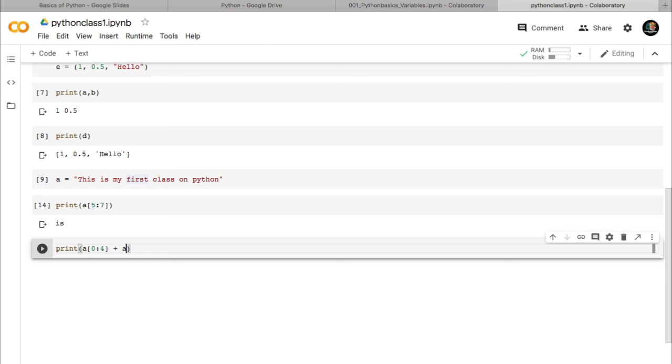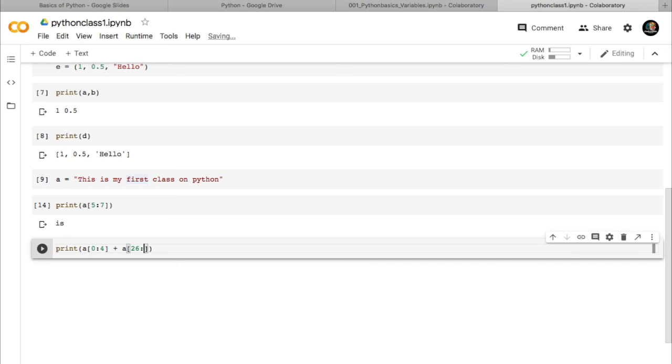Plus A of, say I need to print the last this many letters. For that I will just count 0, 1, 2, 3, 4, 5, 6, 7, 8, 9, 10, 11, 12, 13, 14, 15, 16, 17, 18, 19, 20, 21, 22, 23, 24, 25, 26.